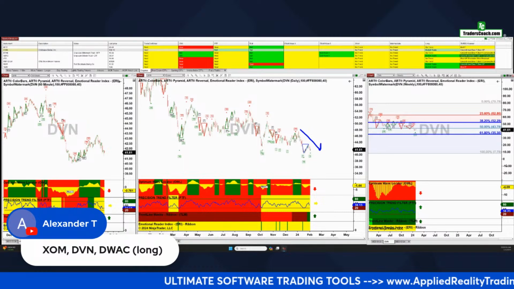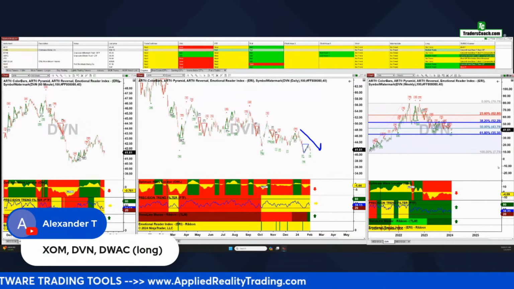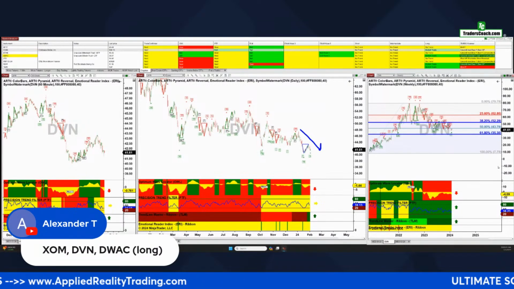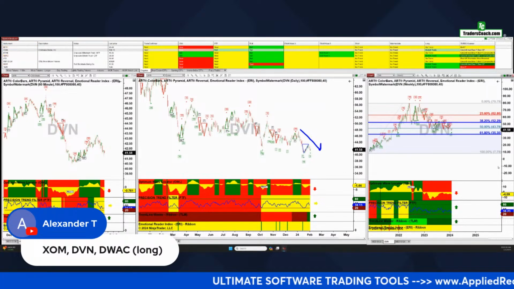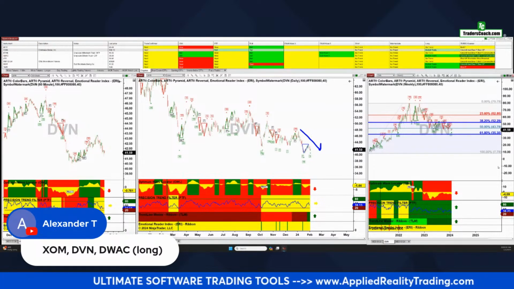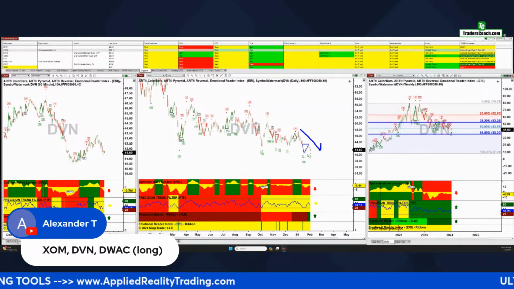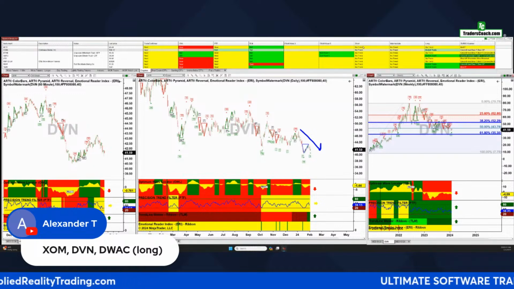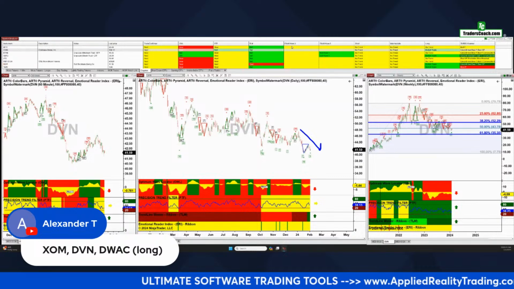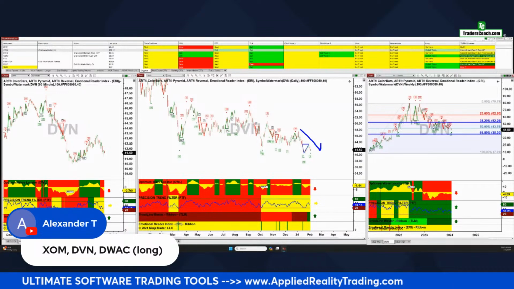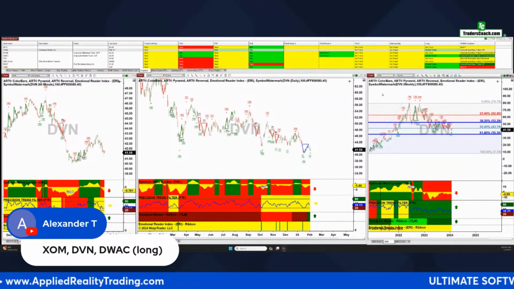Our PTF is giving us an opinion. Our Elliott wave forecast is giving us an opinion. Our overall thought on what the next move is, is an opinion based on all these tools. But price action dictates everything. And so we don't want to go long until the price action changes. So far, it has not changed. So we want to wait for this thing to turn around and head back up. This would be a good one for a watch list because it might be close to doing that. As soon as it does, I would say that's going to be a great buy. So I'm liking this one. Alexander, that's a good one, but just give it a little more time. Okay.